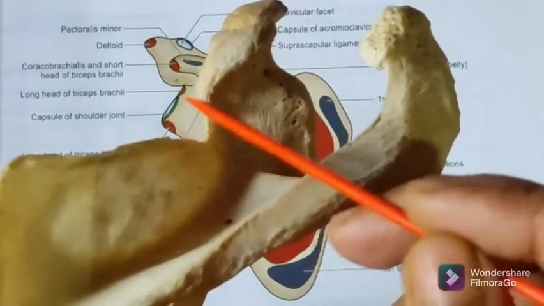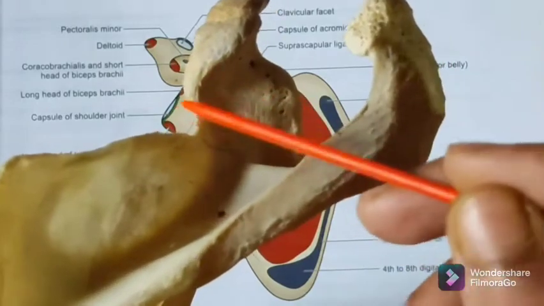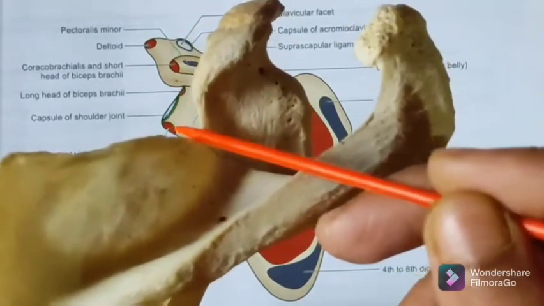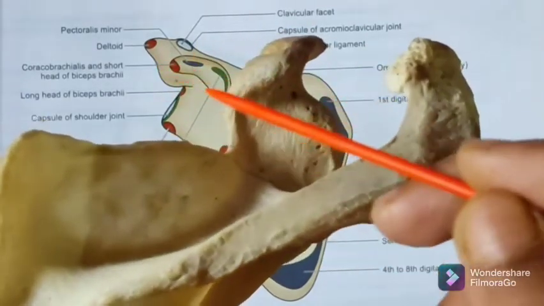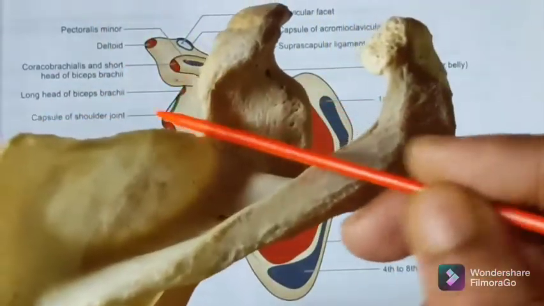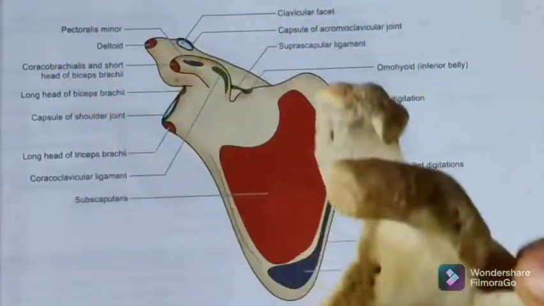You can remember it through an analogy that the army passes over the bridge and the navy passes below the bridge. A for army and A for arteries. They pass above the bridge of this suprascapular ligament, and the navy passes below it, the nerves. So this is how it works.